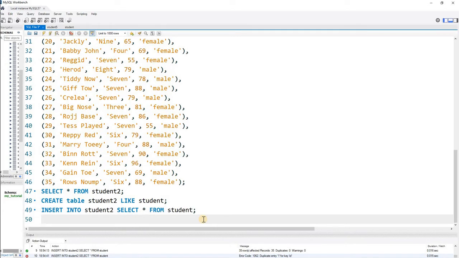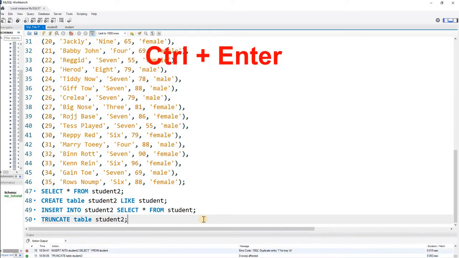Now let me truncate: I am deleting the records again from student2, truncate table student2. Now all records are removed.